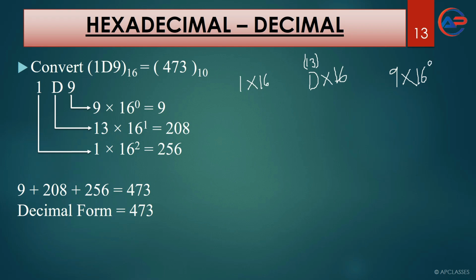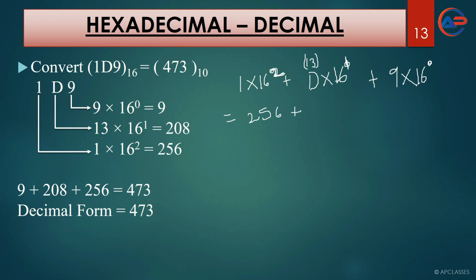Power. 16 to the power 0, 16 to the power 0 and 16 to the power 0. Then we have to add it. I'm sorry, 16 to the power 0, 16 to the power 1, 16 to the power 2, you will write. After that, what is the value of 16 square? 16 square is 256. 256 into 1 will give you 256,